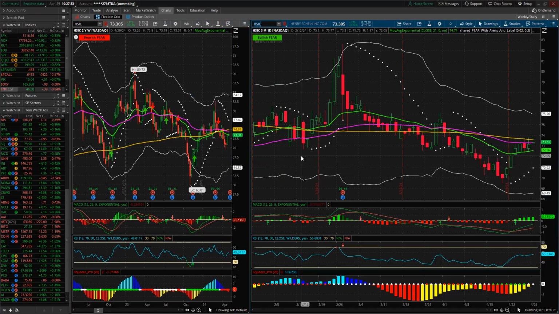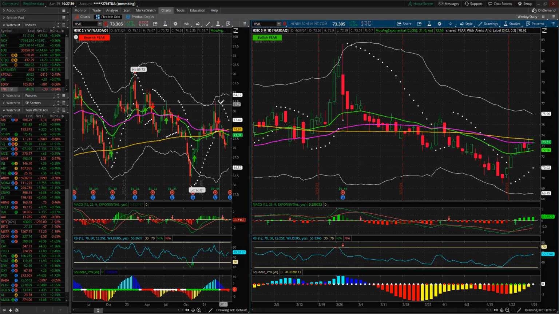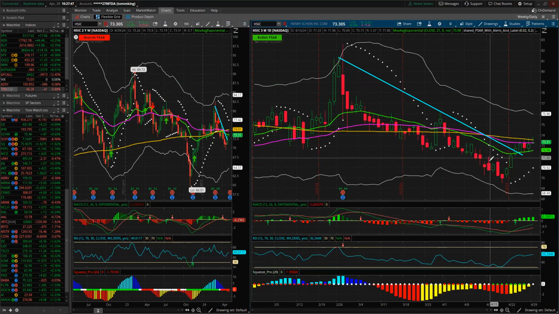All right, Henry Schein is another one. If you look at where things are, a decent downtrend that we've broken out of. So we've broken the downtrend on this particular stock. You're in a squeeze, an extremely tight squeeze right now. Look at all of the moving averages just converged on this thing. So this one